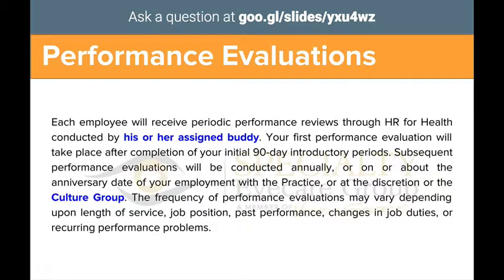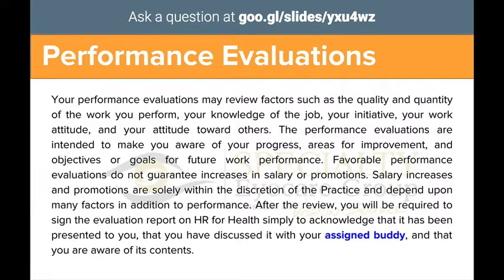The performance evaluation is also changing, so each employee who chooses will receive periodic performance evaluations through HR for Health that will be conducted by his or her assigned buddy and will be processed through the culture group. The frequency of the performance evaluations may vary depending on your length of service, your job position, your past performance, changes in job duty, or reoccurring performance problems. So the review process will kind of be outlined, and